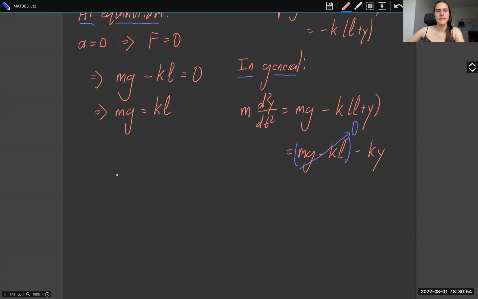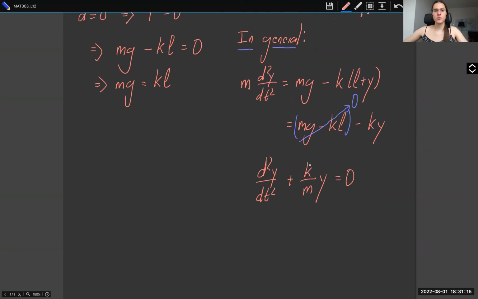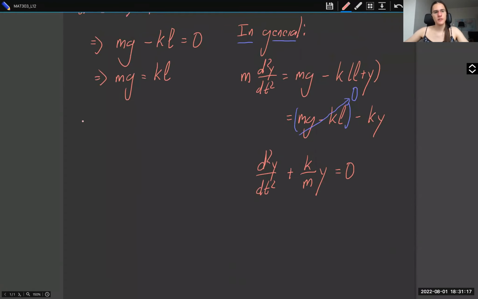And so what happens then is that d squared y dt squared, rather, let's move this term over and divide by m, plus k over m y is equal to 0. And so the solutions are going to be